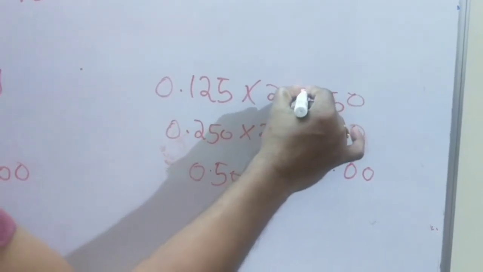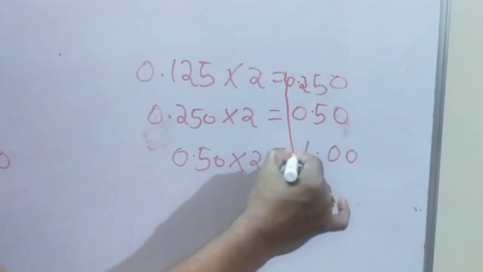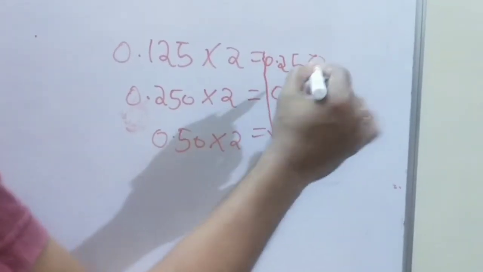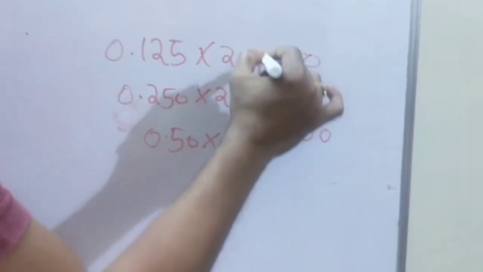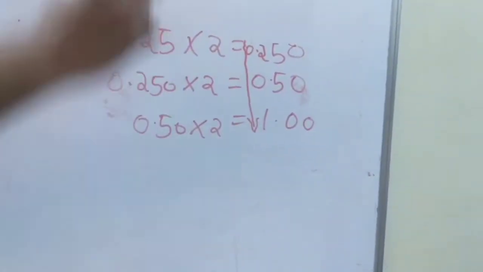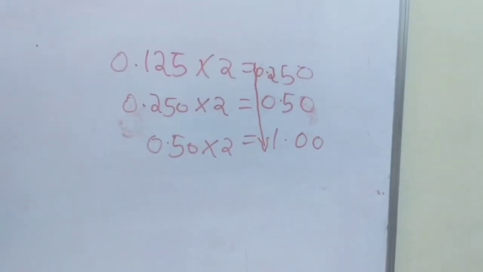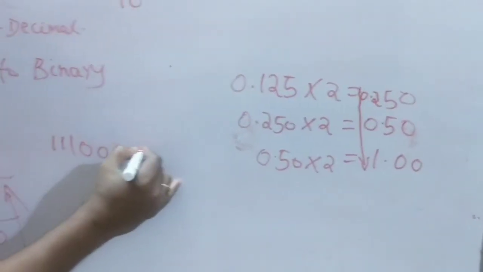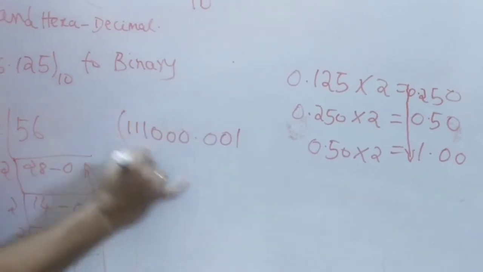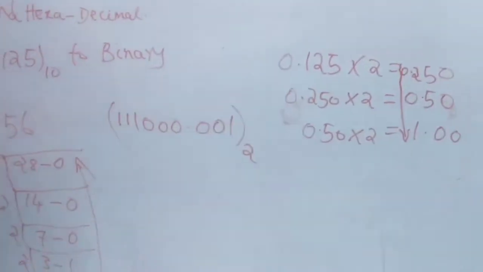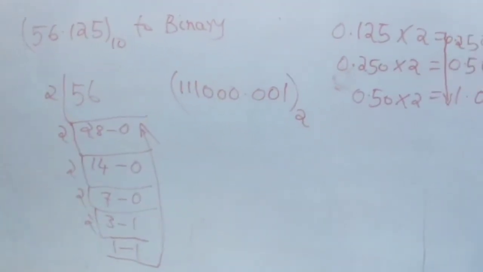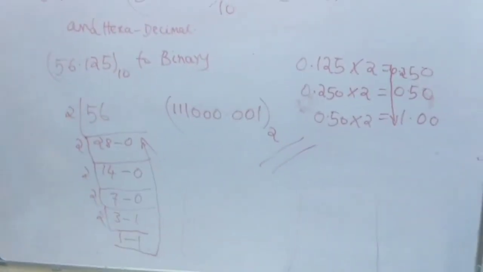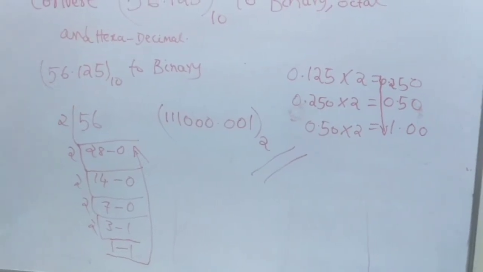Now we need to write the values in this order. You need to neglect the fractional part in this calculation, so we write it in the forward order. That is triple 0 as the integer part value. We combine these values, 0 0 1, and put the suffix to show that we have converted the given number to binary. So this is called decimal to binary.